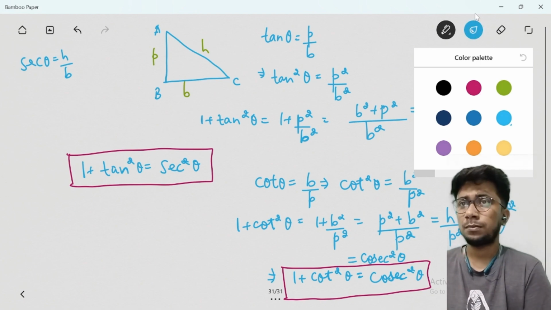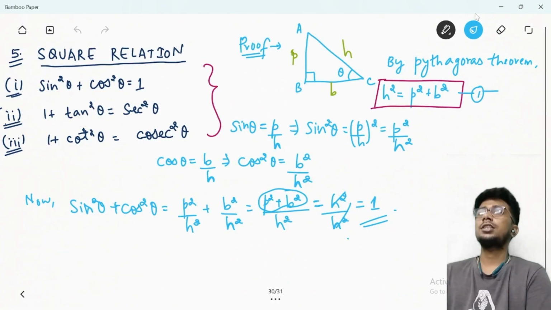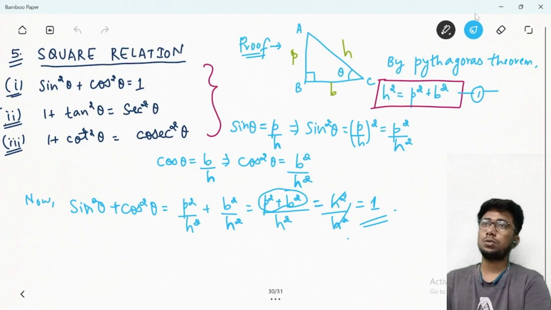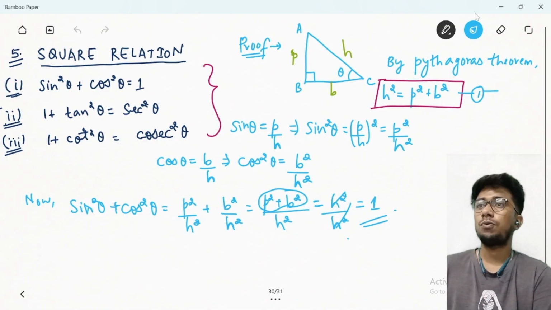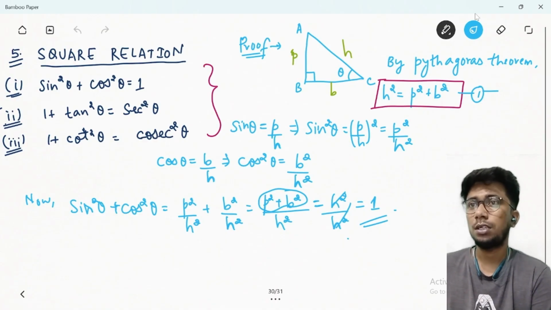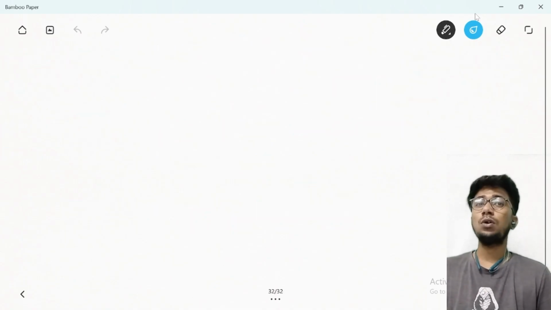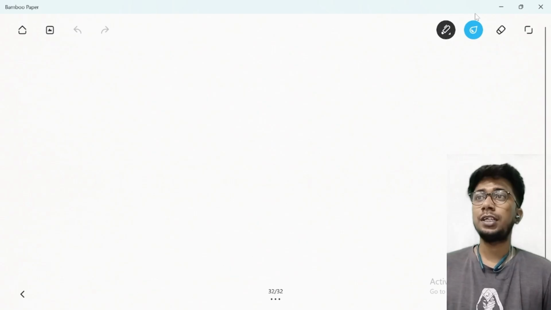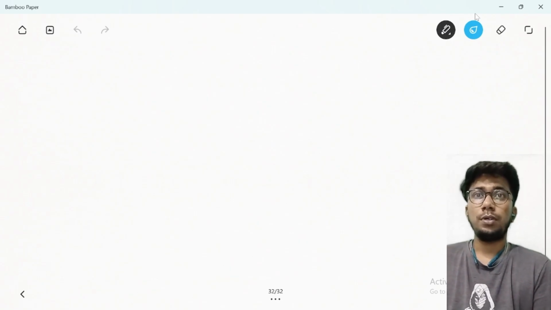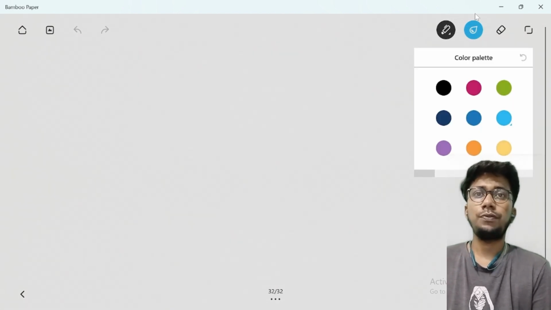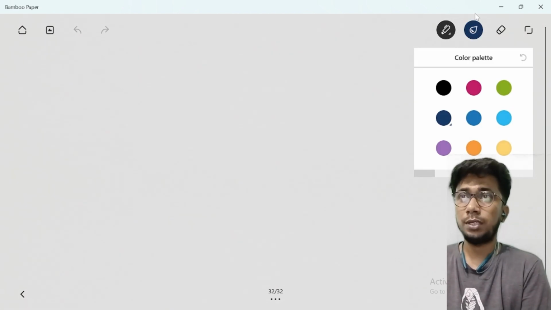इजी था, क्या देखा हमने? ये तीन रिलेशंस देखे हमने, दैट इज sin square theta plus cos square theta is 1, 1 plus tan square theta is sec square theta and 1 plus cot square theta is cosec square theta. All right, now let's move on to our next unit in the chapter trigonometry, that was trigonometric ratios for specific angles. हमने अगला यूनिट लिखा था इस चैप्टर में, दैट वाज